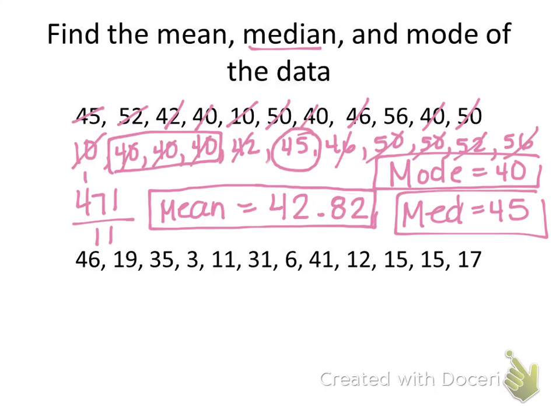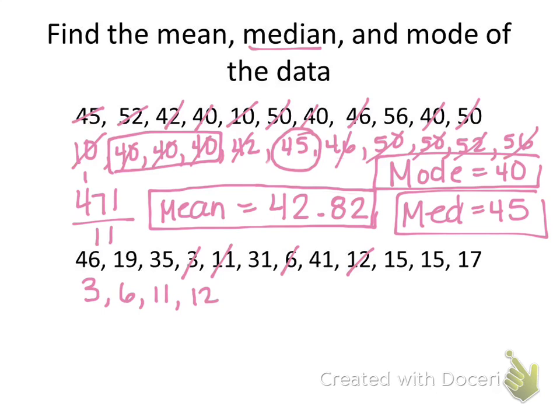Okay, does everybody see how to do mean, median, and mode? All right, so let's order this next set of numbers from least to greatest. First of all, I have a 3. Then I've got a 6. Then I've got an 11,